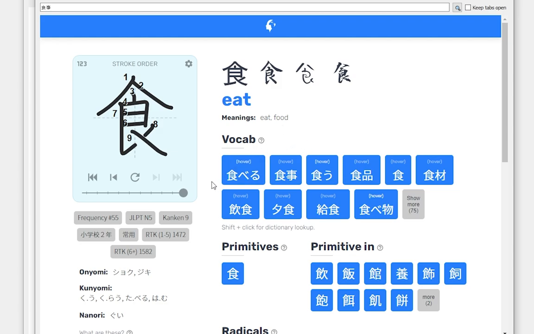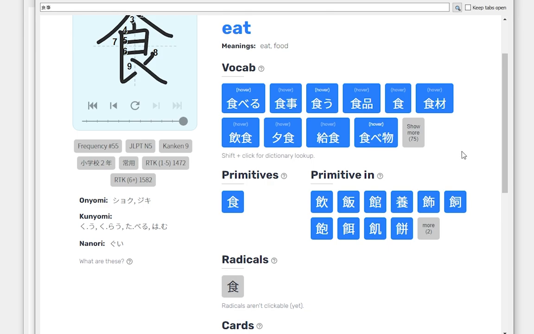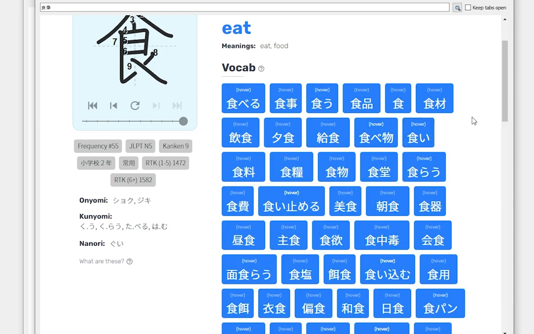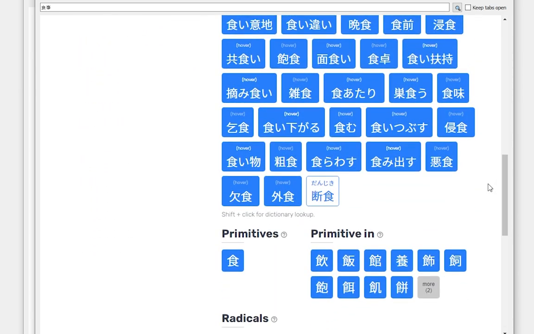Then below this we have our vocabulary, and vocabulary is basically a collection of all your cards. So if you have a lot of sentence cards, it will collect all the words you have learned and show them in here. And we have three types of those. We have the blue ones, as you can see here, and these are words I have already learned. Then if we go down below, you can see this is the next type.